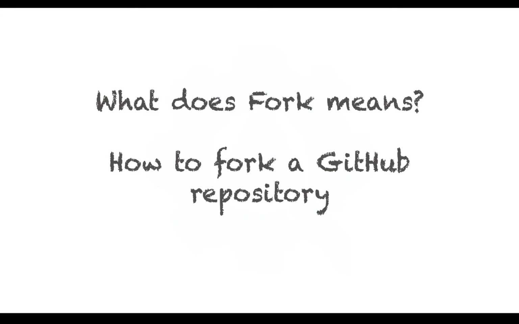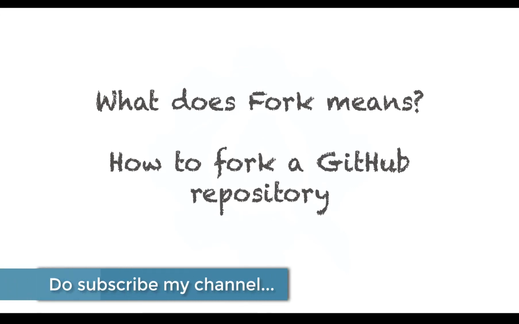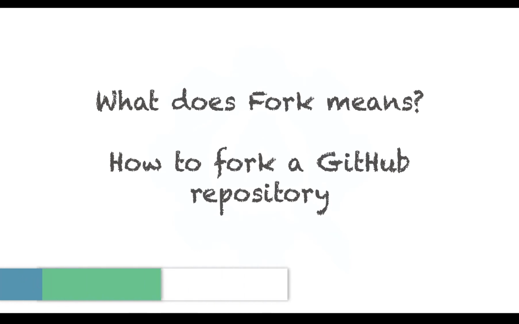So what does fork mean? For instance, let's say there is a public GitHub repository and you want to make some changes to the particular repository. Mostly what happens is if you are not a contributor of the particular repository, you cannot make any changes, or if you're not the owner of the repository, you are not allowed to make any changes in the repository. So in this case, you can fork a particular repository and then you can do all changes and try to push it to the particular main repository. So we'll see in detail how exactly that works.